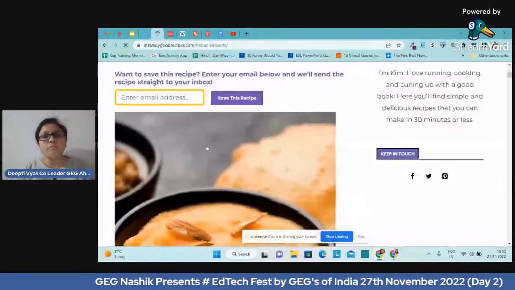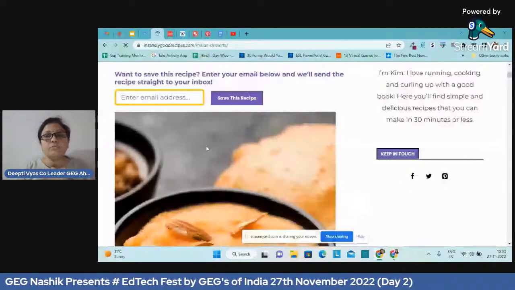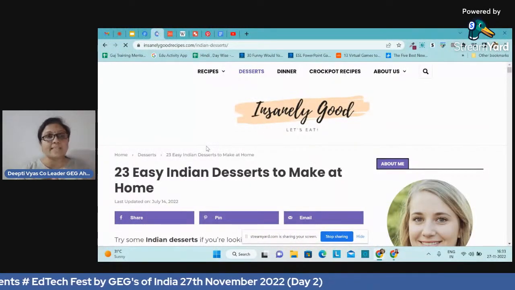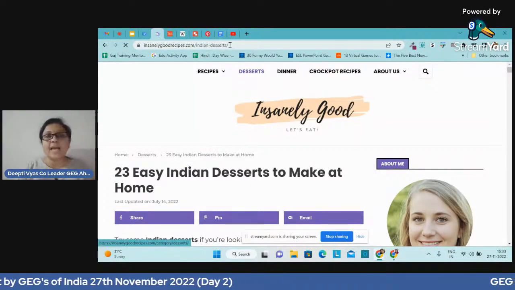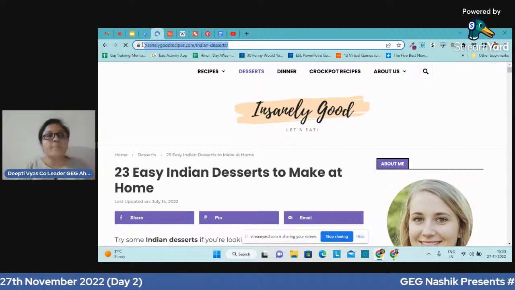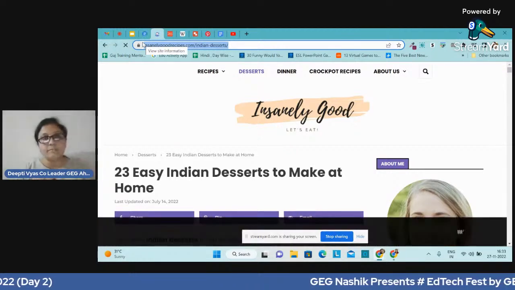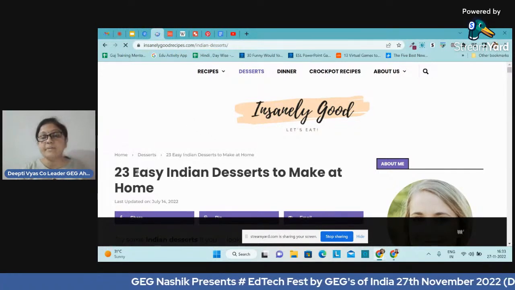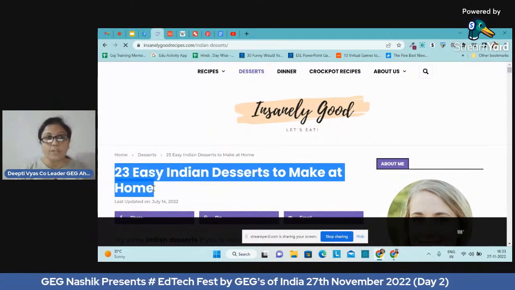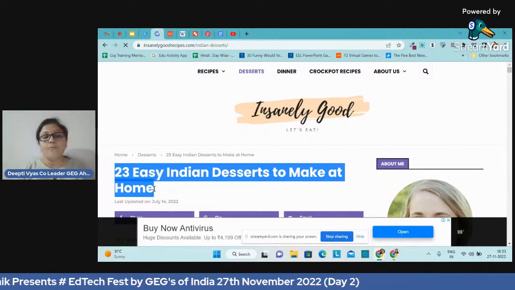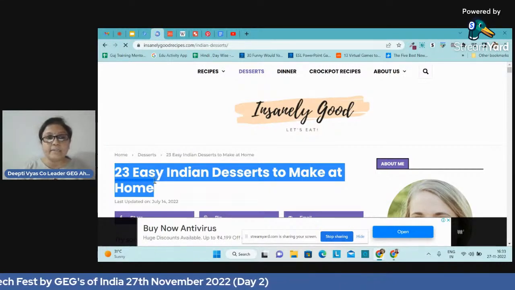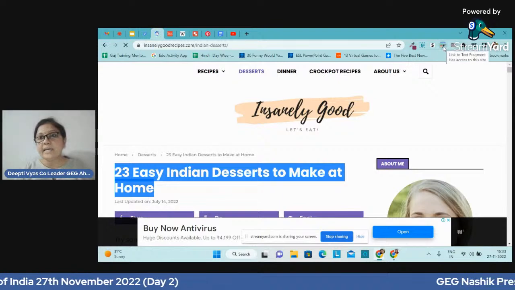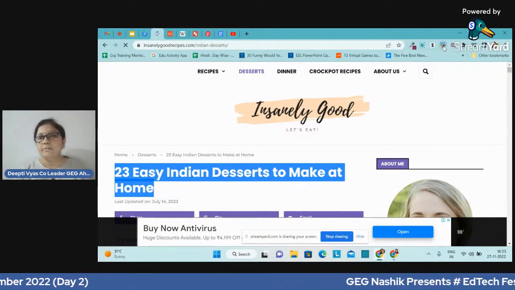Now if I want to save this site, first we used to select this particular site address and copy paste, but now it is not like that. Just click on that particular word or title of that site, click on